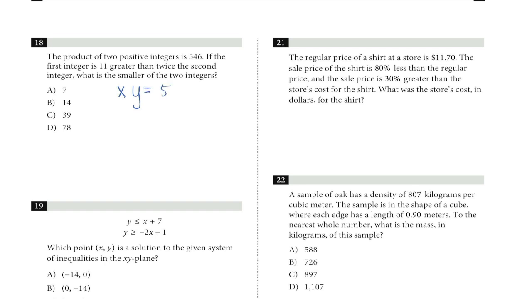So 546. And the first integer, so we'll call that x, is 11 greater than twice the second. So it's going to be twice the second, which I called y, and then 11 greater than that, so plus 11. And then we know what is the smaller of the two integers. So I just wrote two equations that had two unknowns, so I can now solve a system, which, again, I